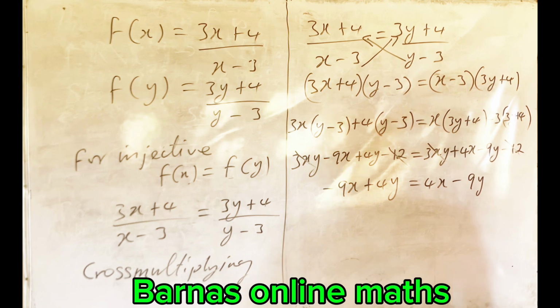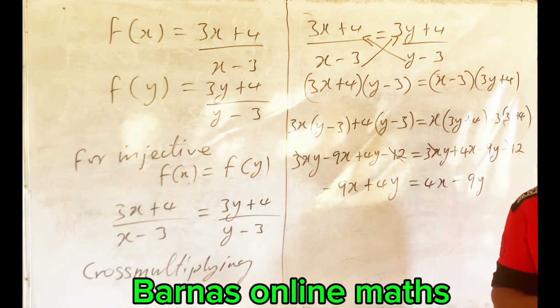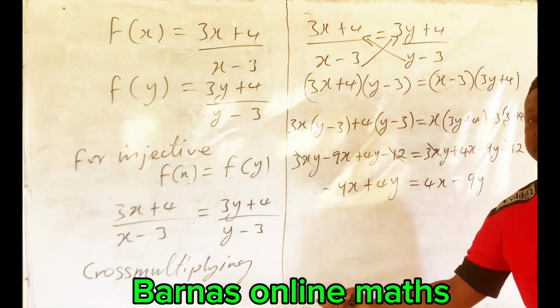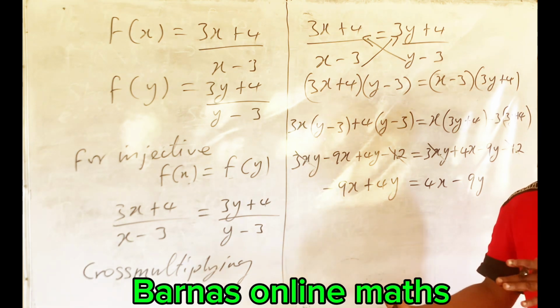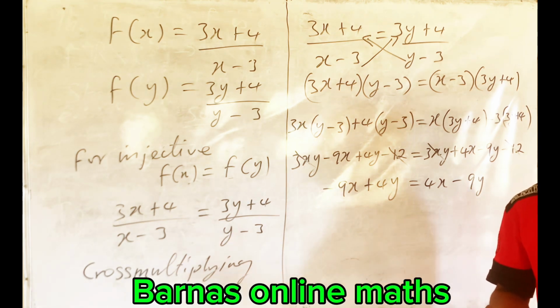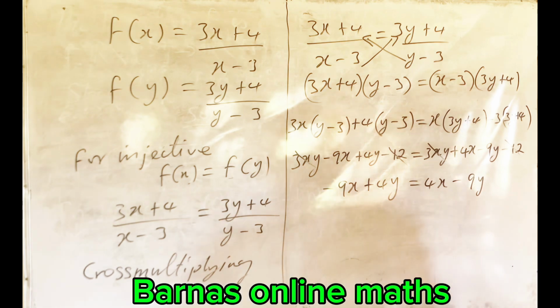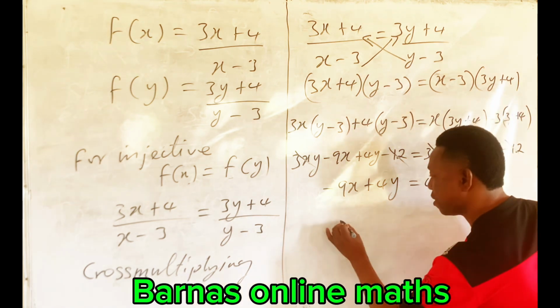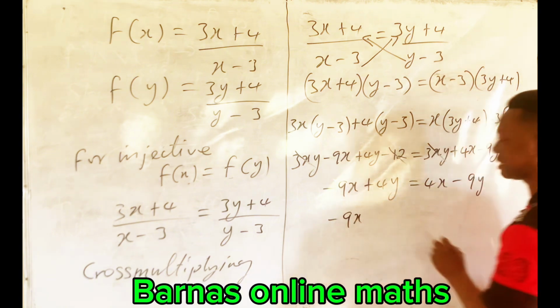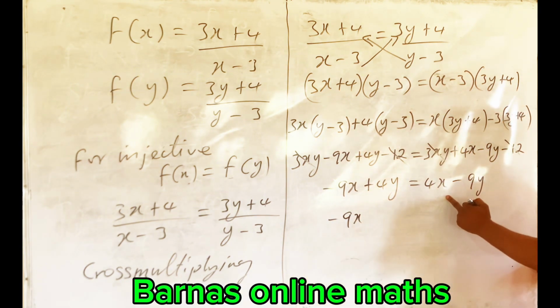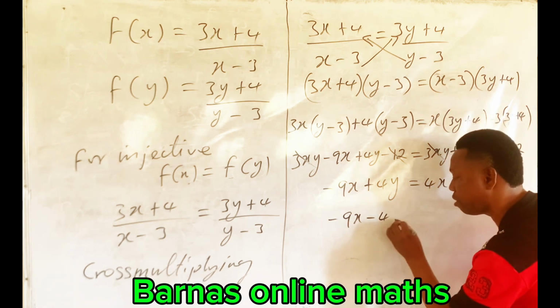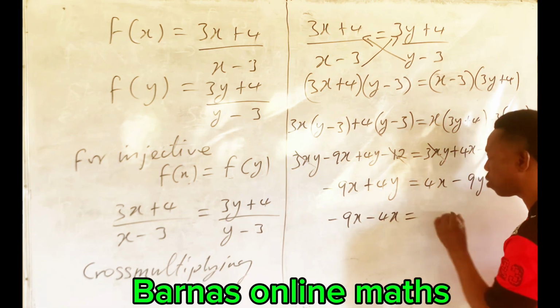So what are we going to do? Let's collect like terms, which means all the terms that contain x go to one side of the equality sign, and those terms that do not contain x move to the other side of the equality sign. So I already have minus 9x. Now coming here, this is plus 4x. Crossing over becomes minus 4x, which is equals to,